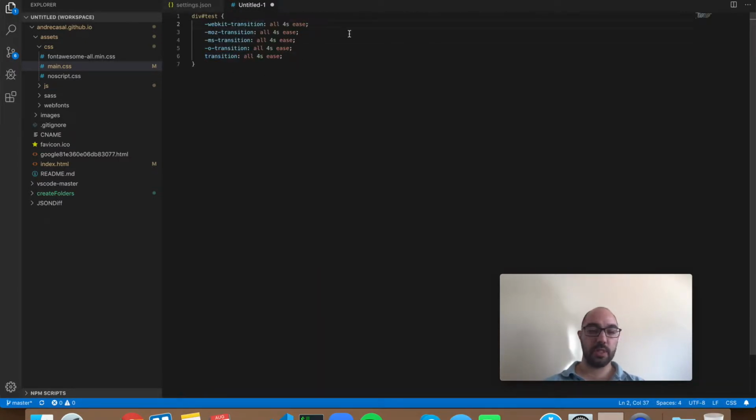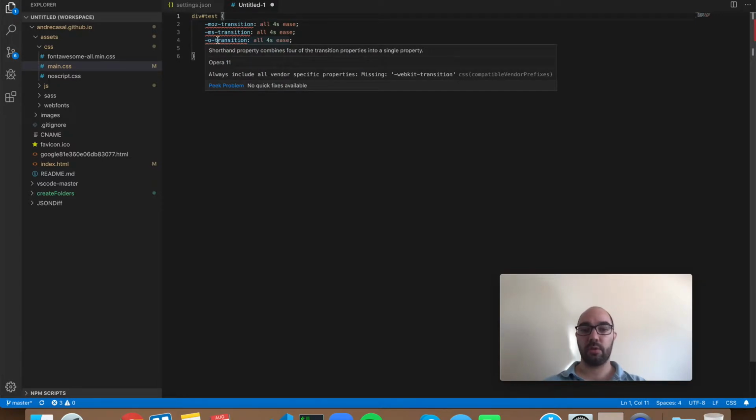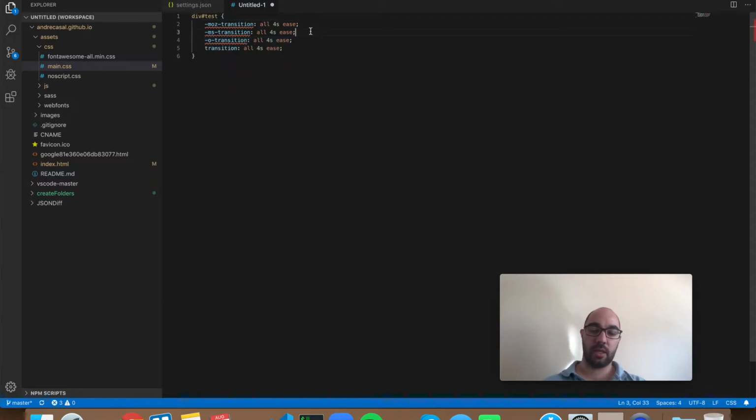And if we delete all of them, it won't tell you anything. But if you don't have them all, it will say always include all vendor specific properties. In this case, it's missing the WebKit transition property, right? And it does that if you have at least one, and it will tell you you're missing 3 of them, right? So